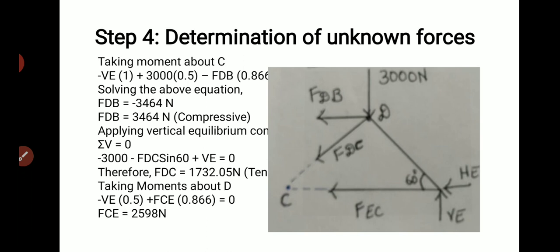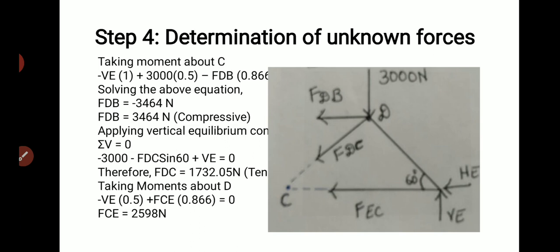So the next important step is the determination of unknown forces. I have sectioned the truss here. After sectioning, the member forces are represented as individual member forces, that is FBD, FDC and FEC. FDC and FEC are projected as dotted lines, which meet at point C here, which is shown here. So I need to take the moment at the projected joint C always.